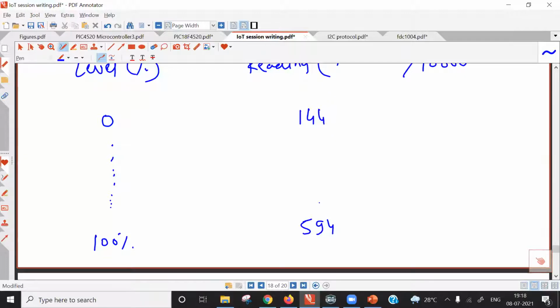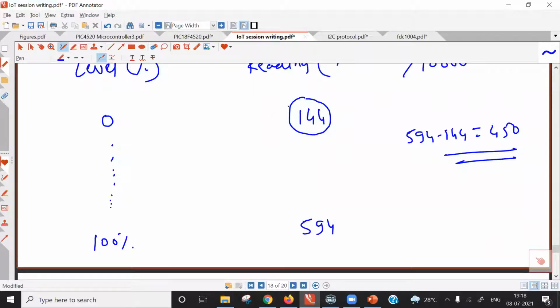So if you check the difference between 594 and 144, 594 minus 144, that difference is 450. Total difference is 450. Because of fluctuation, your result for 0% level may fall down to let's say 138, 140, something like this.